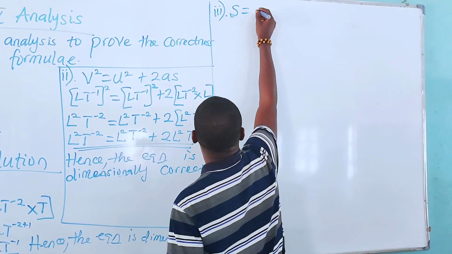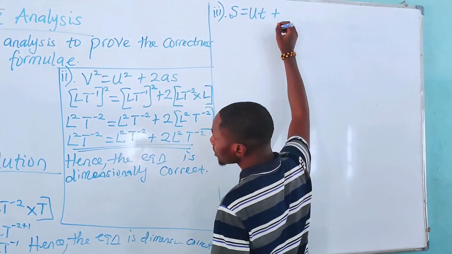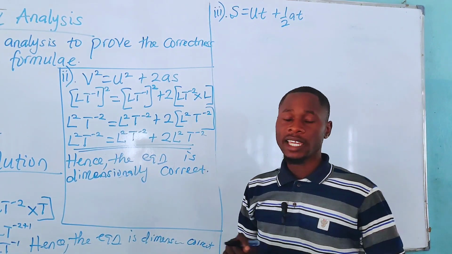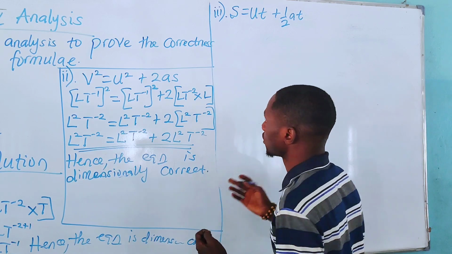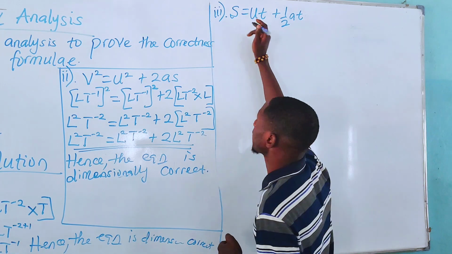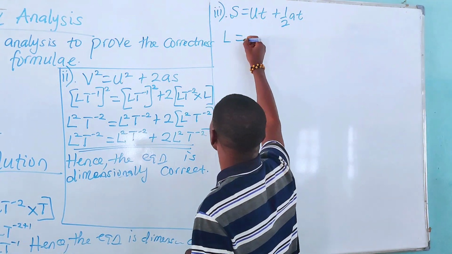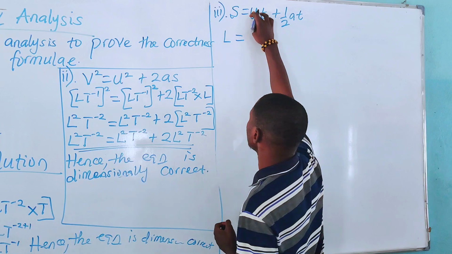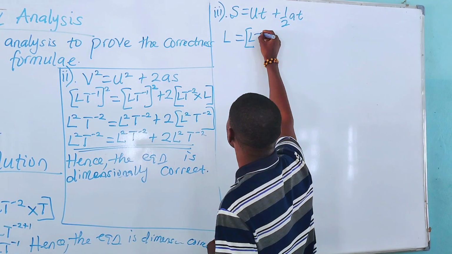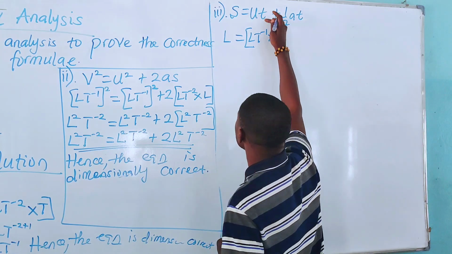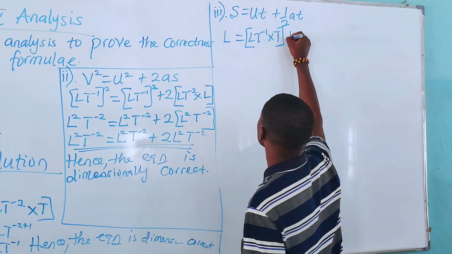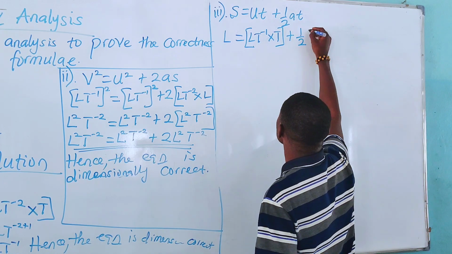S is equal to ut plus half at. So let's verify if this equation is correct. So substituting their respective dimensions, S, we said is a distance, and the dimension of distance is L, is equal to U, the initial velocity, and the dimension is LT minus 1, times T, which is the time, and the dimension of time is capital T, plus 1 over 2